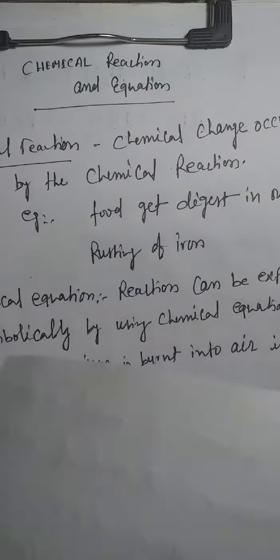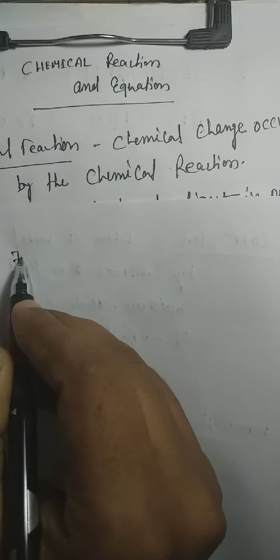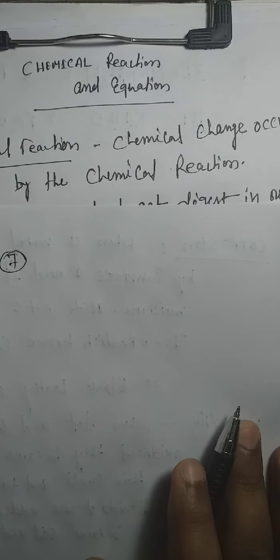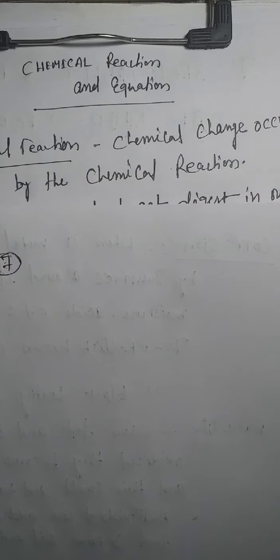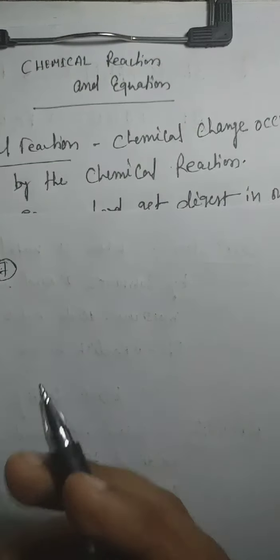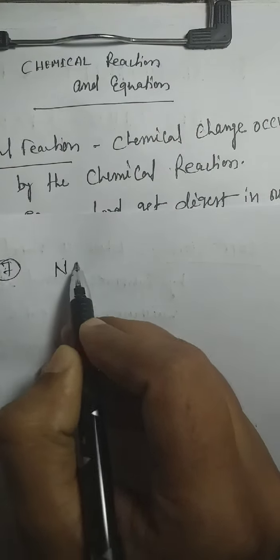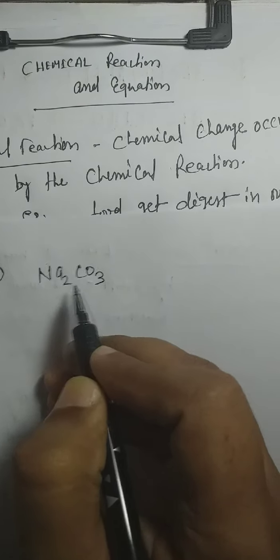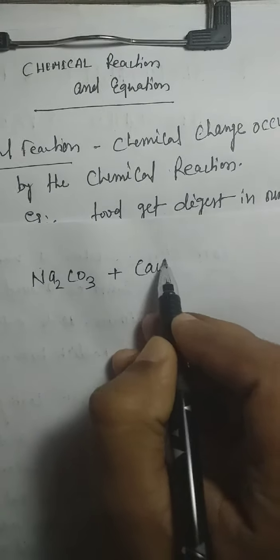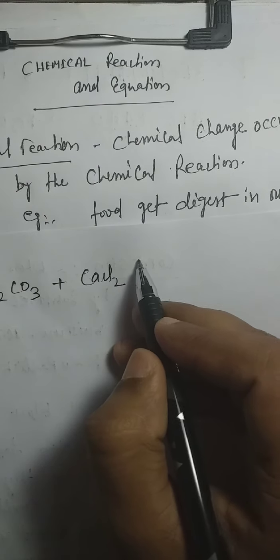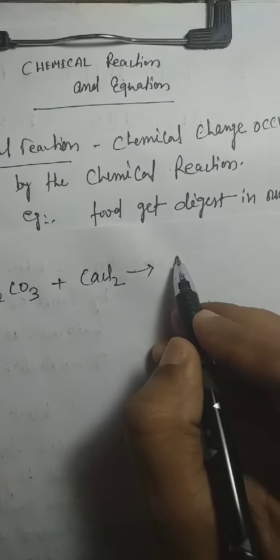I want to move to one more question, question 7. Question number 7, beta, look at this question very carefully. Give an example of a double displacement reaction other than the one given in the activity. Sodium carbonate reacts with calcium chloride to form calcium carbonate and sodium chloride. It's quite easy. Once you read, you can easily grab the answer. What we have to do? Na2CO3, sodium carbonate, reacts with calcium chloride, CaCl2. It's quite easy, discussed in the chapter. It becomes